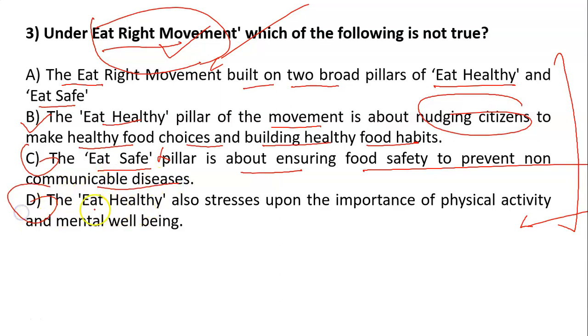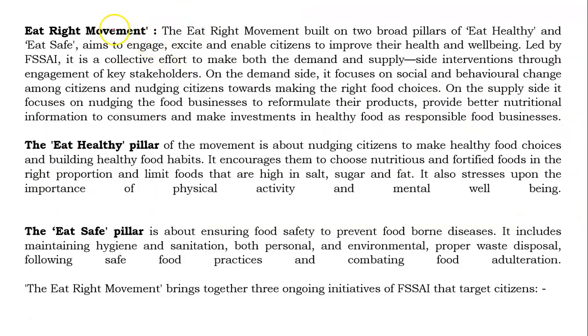And the last one is eat healthy, also stress upon the importance of physical activity and mental well-being. So you have to identify which one is wrong. So friends, this C is wrong. If you read this Eat Right Movement, then you will find that this Eat Right Movement is built on two pillars, that is eat healthy and eat safe,